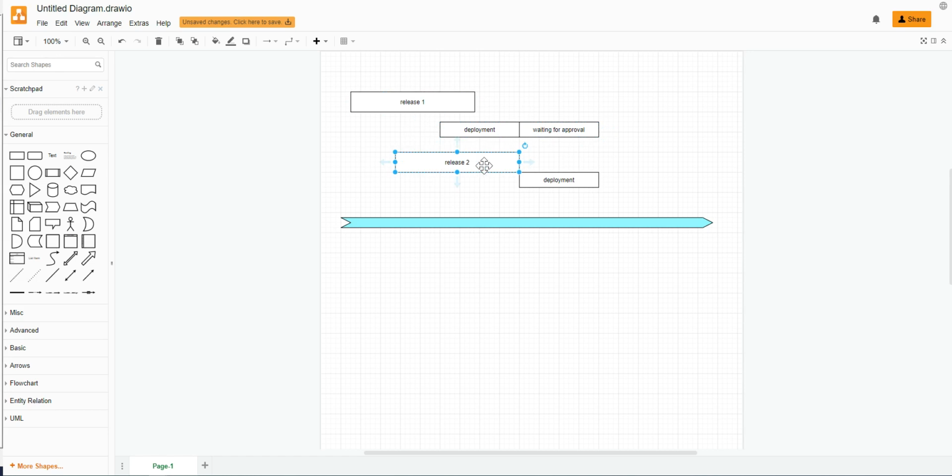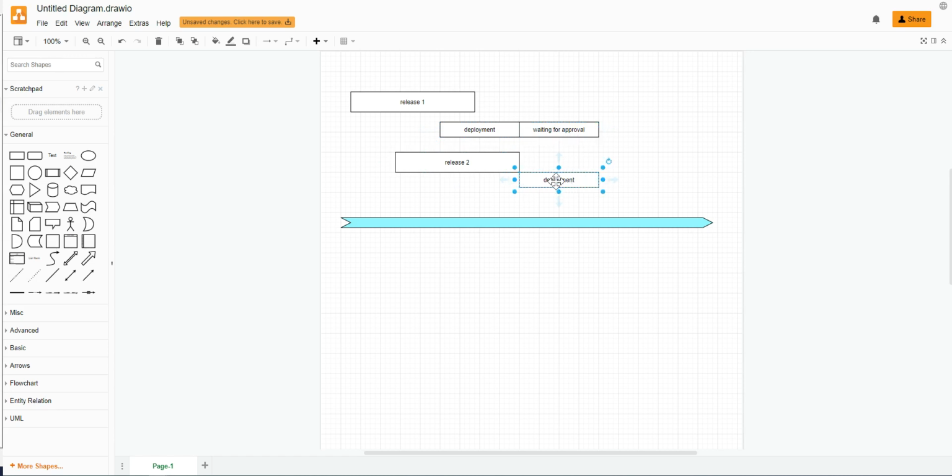Now, release two will be in the queued state until release one goes into the waiting for approval state, right? As soon as release one goes into the waiting for approval state, release two triggers its deployment, because when a job is in the waiting for approval state, it does not use your parallel job. At that time it gets free, and your second job can use that.